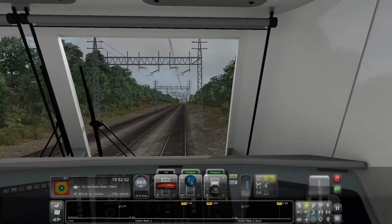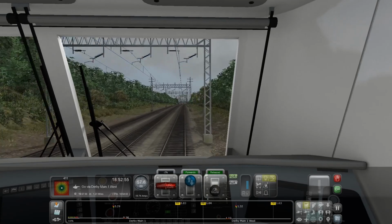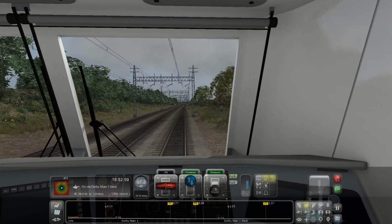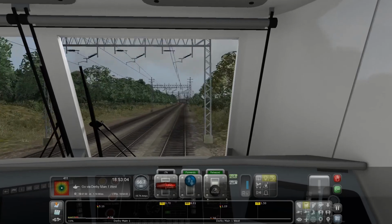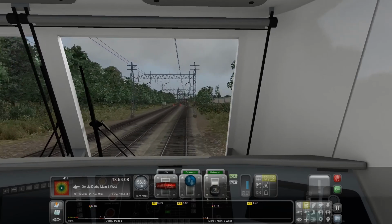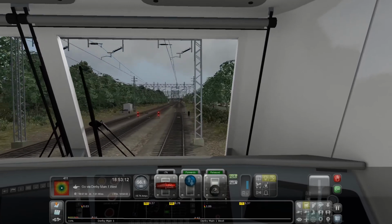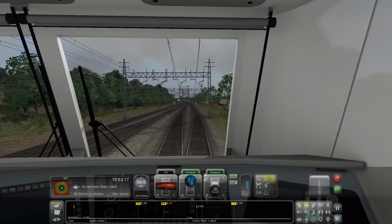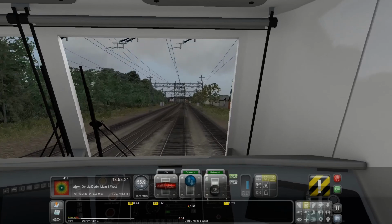We'll have to drop down to 40 just after Derby Main West, or Derby Main 1, sorry, which is what we're coming up to. Then we can go back up to 60 just before Derby Main 1 West, and then after Derby Main 1 West we can go up to 70. The track now splits here. So we should now have 4